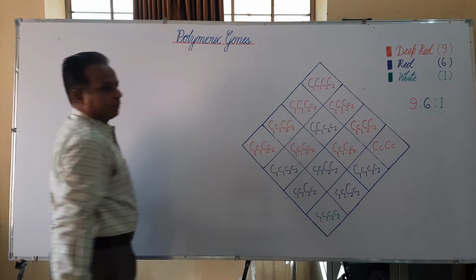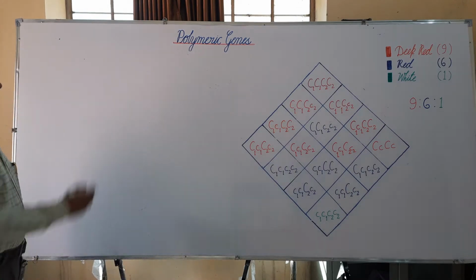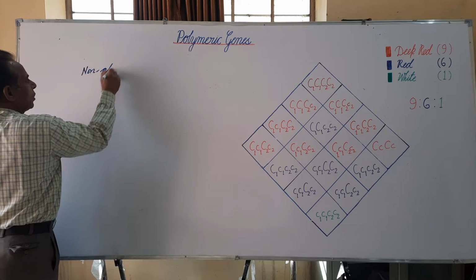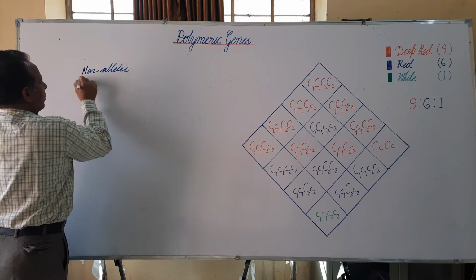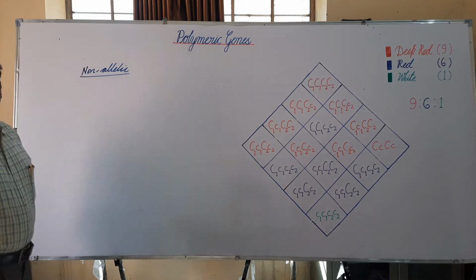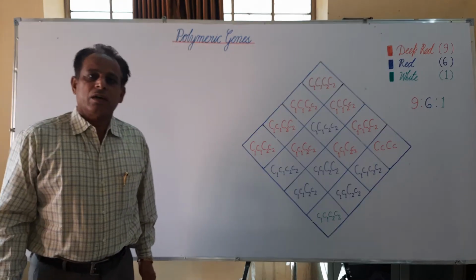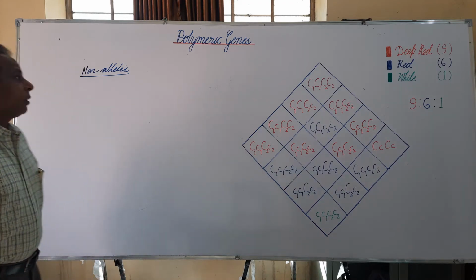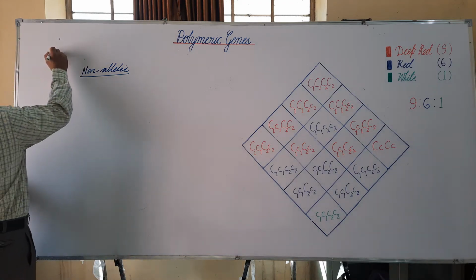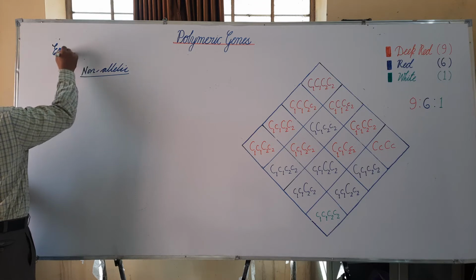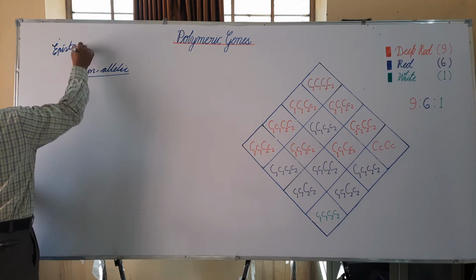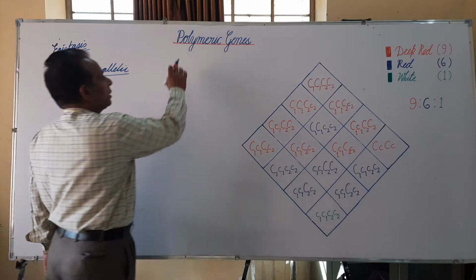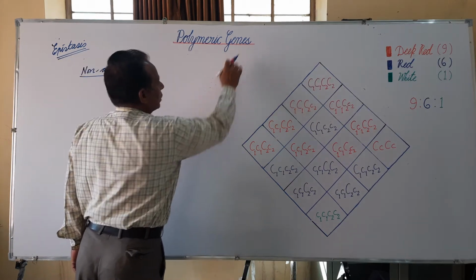Polymeric genes are an example of non-allelic gene interaction. We have already studied the general account of allelic and non-allelic gene interaction in the previous video on epistasis. We will discuss the interaction of polymeric genes through